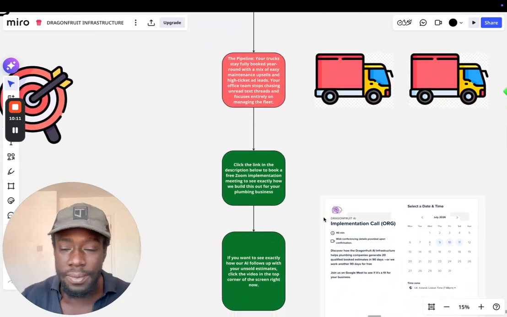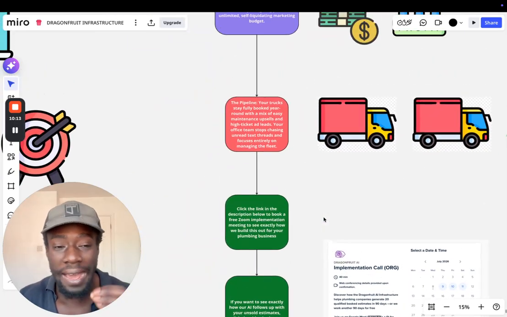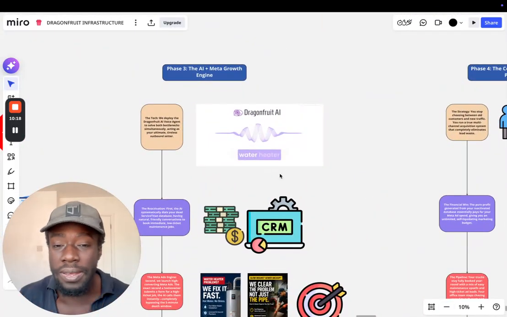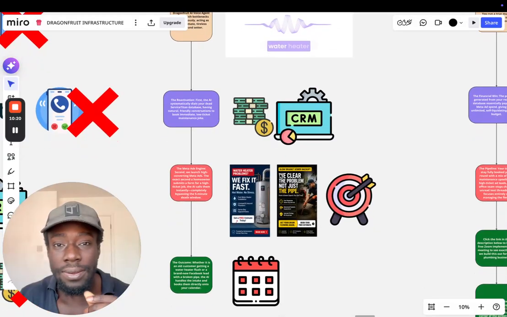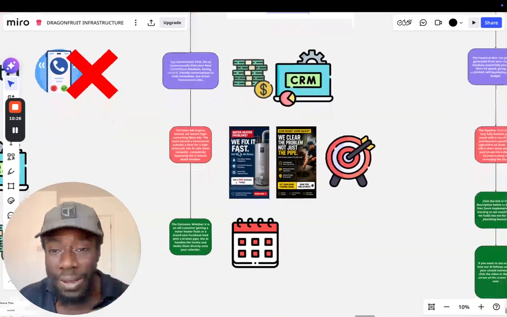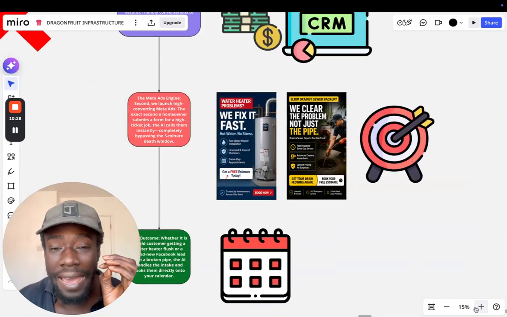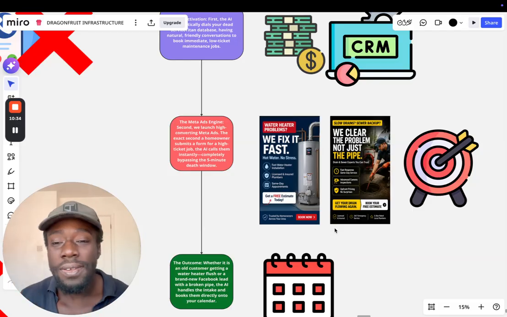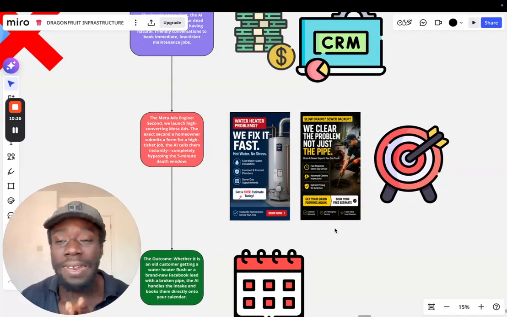So again, now you know that this AI agent is what you want to build, alongside getting it to recover and reactivate old customer leads, as well as having an acquisition system in place that allows you to acquire new leads for high ticket jobs. Now's the time to go ahead and implement that.